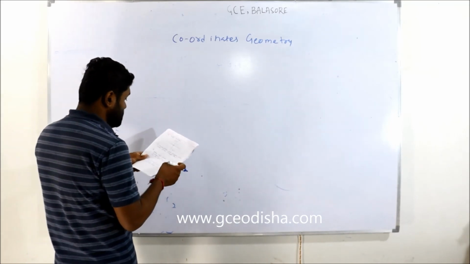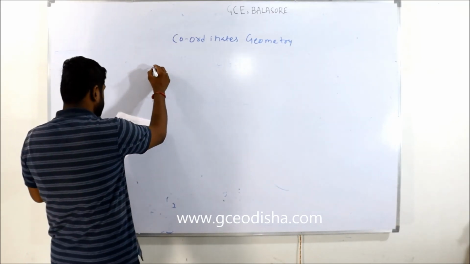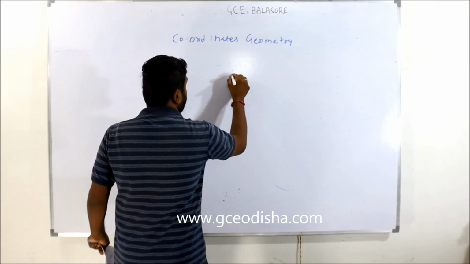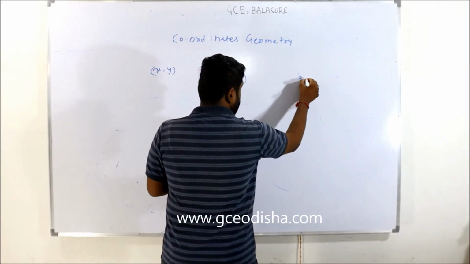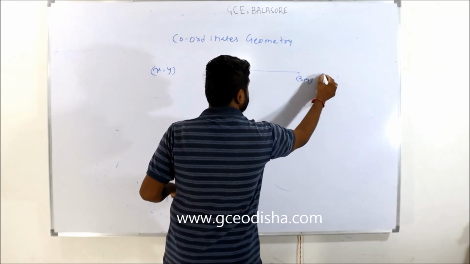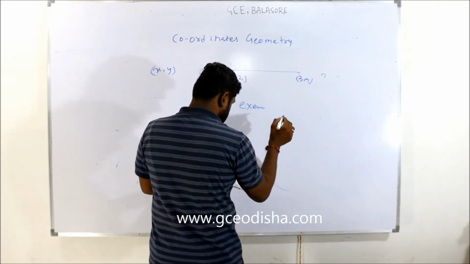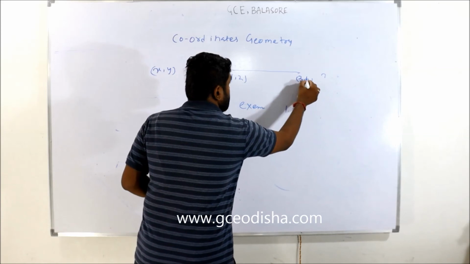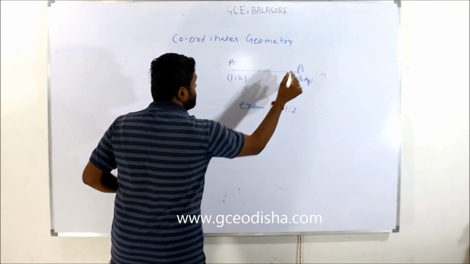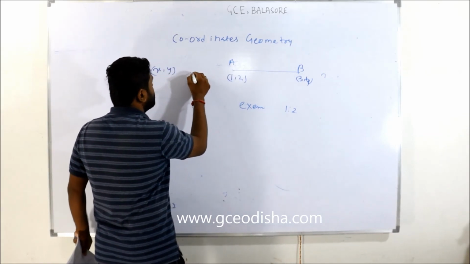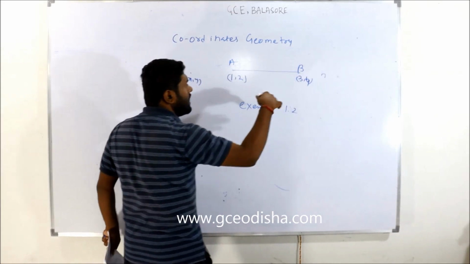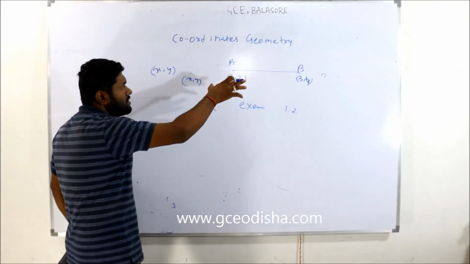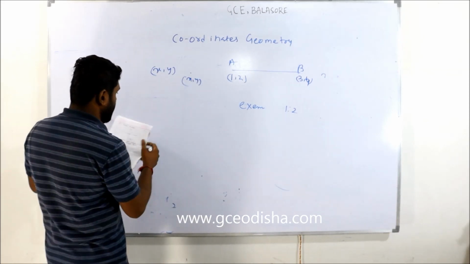Another question, this is a JEE question. A point x, y is given, which divides the points 1, 2 and 3, 4 externally in the ratio 1:2. I told you previously, I gave you a formula. Externally means the point may be here, anywhere on this straight line when this line tends to infinity, but not internally or between A and B. Okay, then the point x